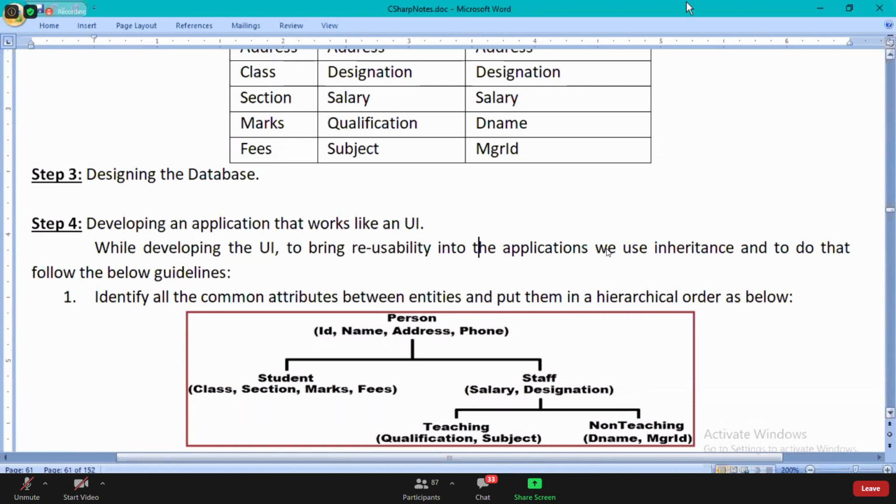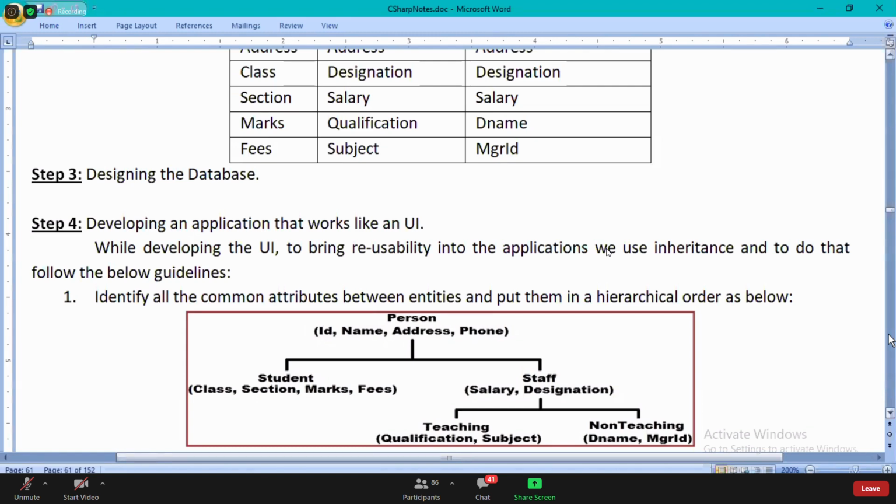Look at the picture and tell me, how many attributes does student have? 8 attributes. Last class I said to you, again you're telling 4. Why 8? 4 are inherited from the person class and 4 are defined. Totally 8 attributes.